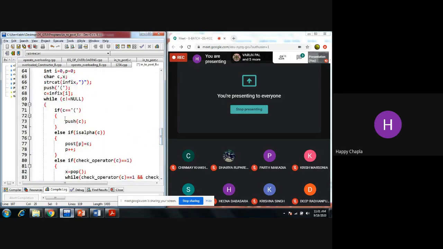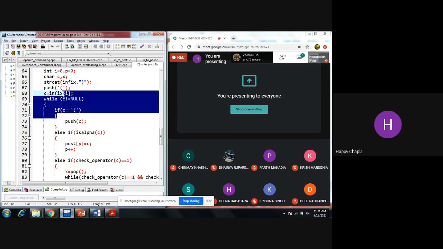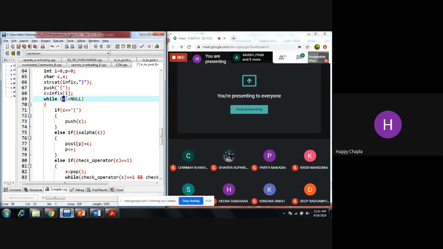Here my C value is equal to plus. First time it will work for the A, next time for the plus, then the third time for the B. A plus B, if I am giving that as the input.